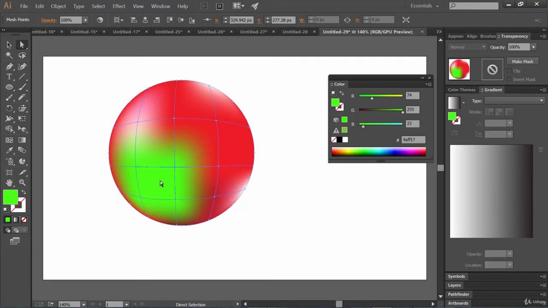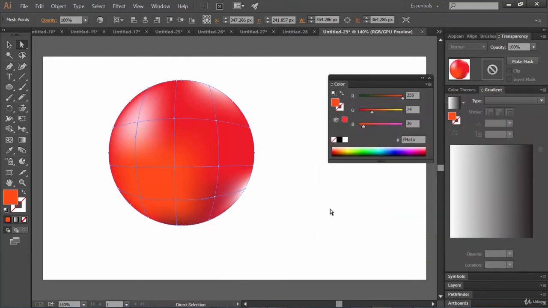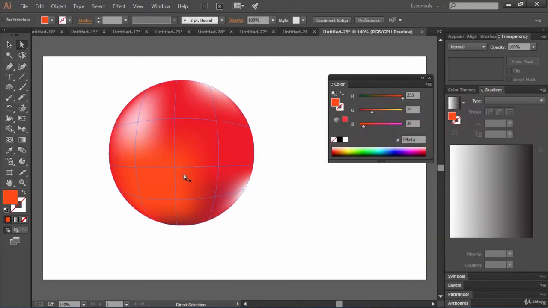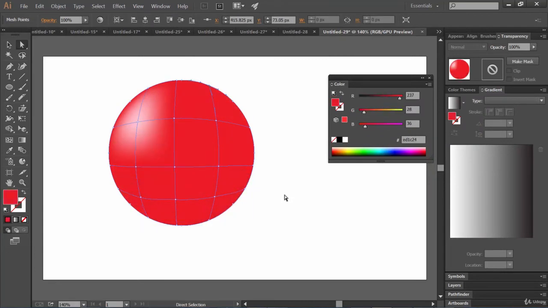Yes, friend. So let's first make its color something else, say this one. Let's click on OK. So let me undo. Now you've got the concept of how we can provide this gradient mesh, right?